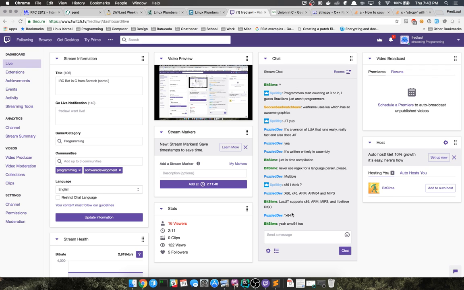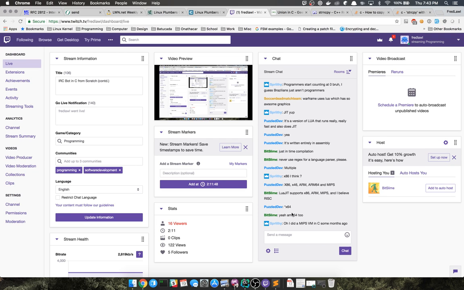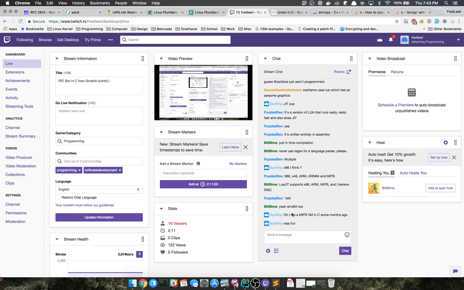I kind of figured that with the X64. If I recall correctly, they're almost one and the same, right? Man, that's crazy. I don't think I could ever do a MIPS virtual machine in C.